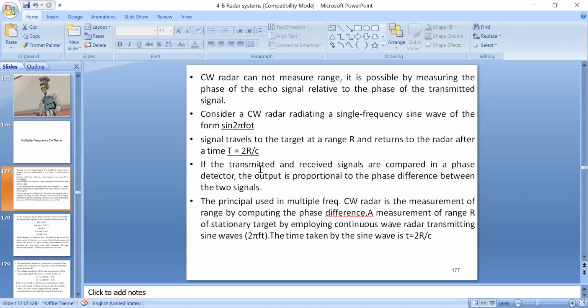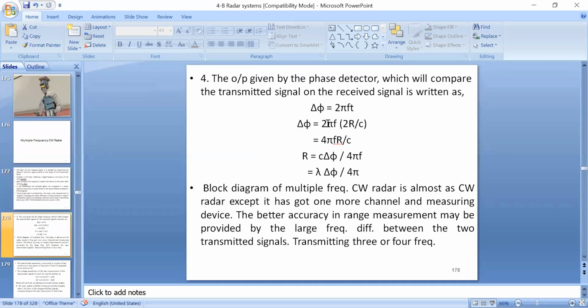So if you compare the transmitted and received signals in a phase detector, then the output is proportional to the phase difference between the two signals. So the principle used in multiple frequency CW radar is the measurement of range by computing the phase difference. I think now you got the point. Here we are proving how we are going to measure